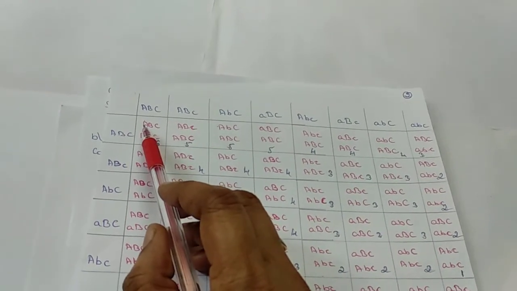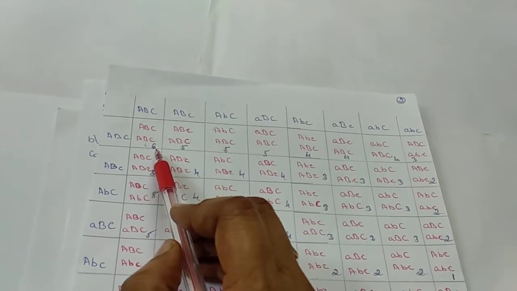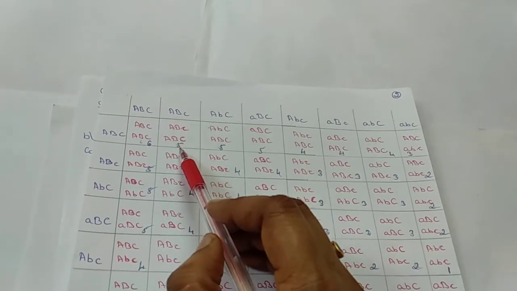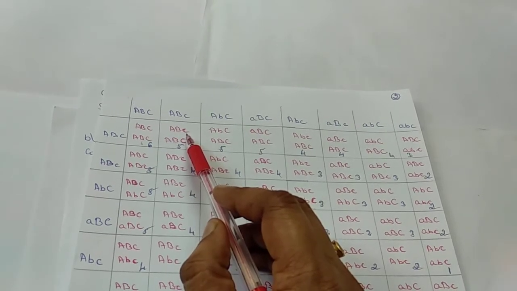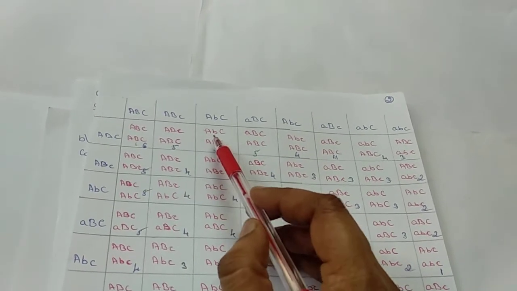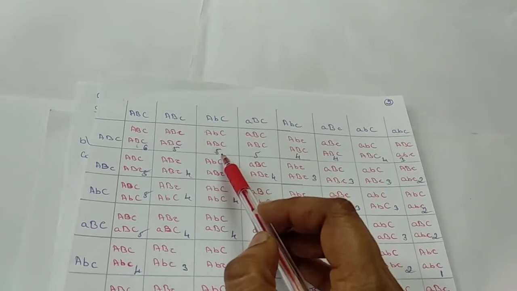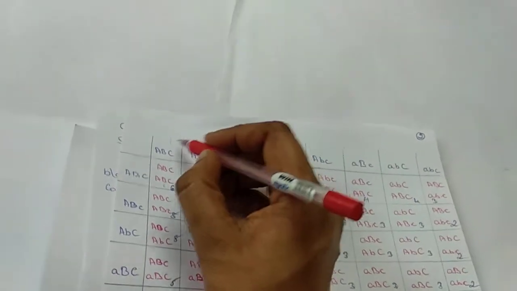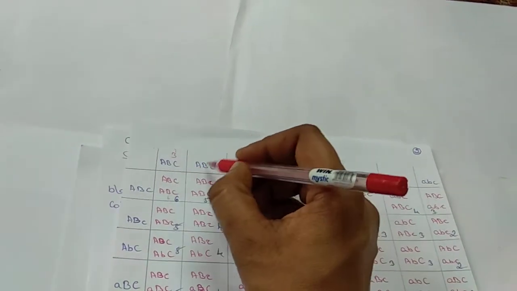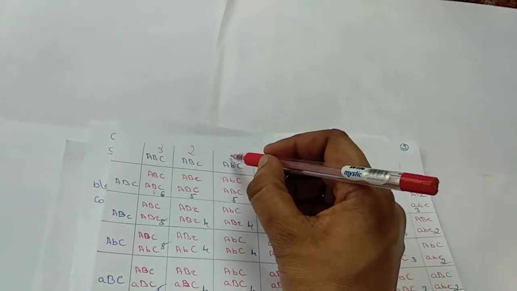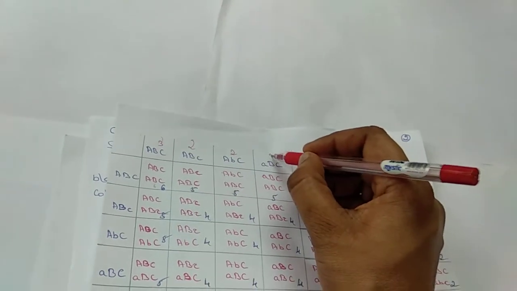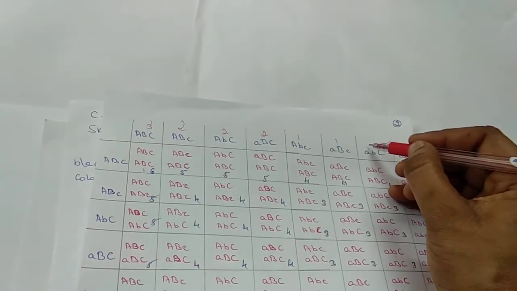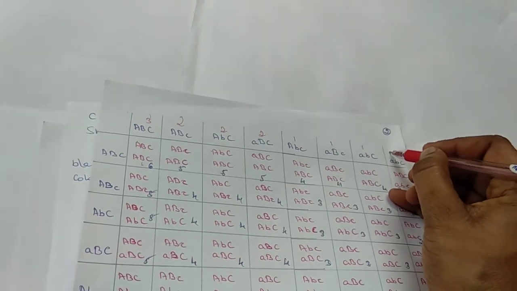See, in this you can observe there are 3 dominant, so totally 6 dominants are there. Then 1, 2, 3, 4, 5: there are 5 dominant and this is the recessive one. And here again 1, 2, 3, 4, 5 dominant genes. So how many dominant genes are there here? There are 3. How many here? 2. Here there is 2 again, here again 2. Here there is 1, here 1, here 1 and here 0.